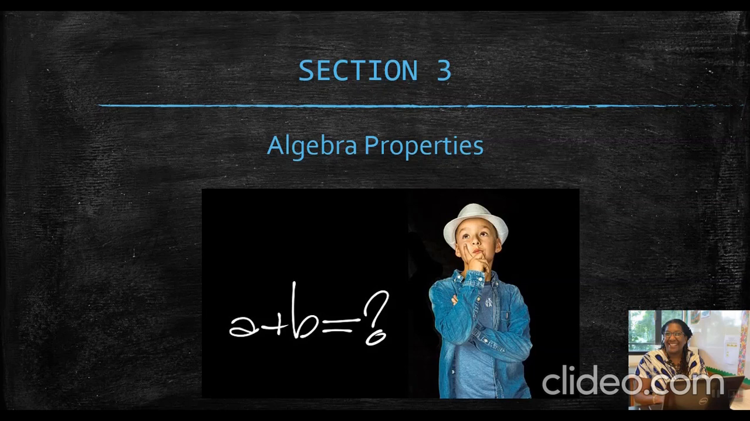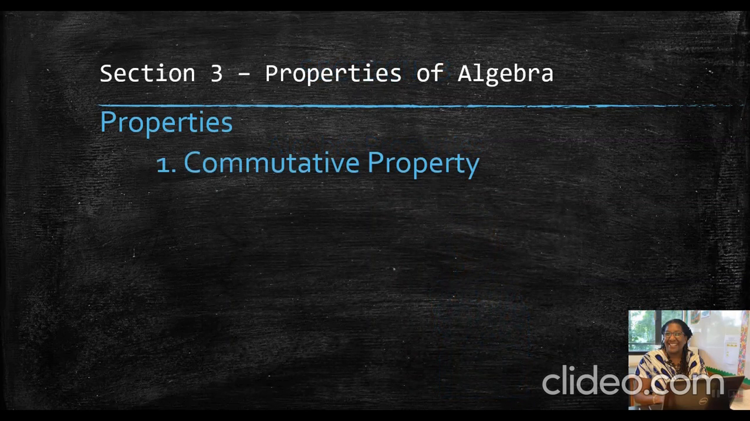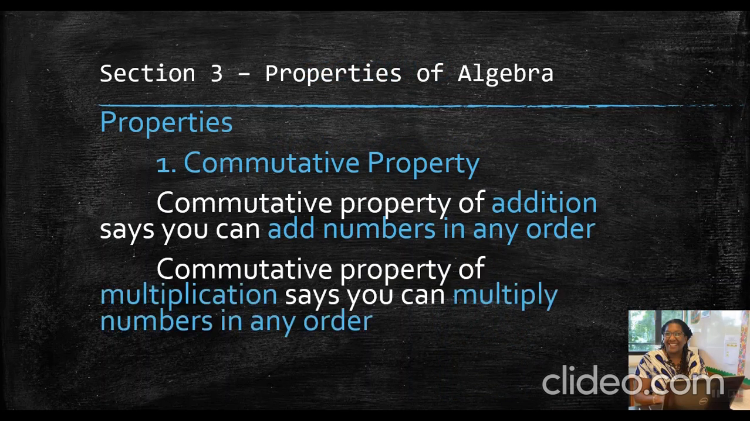In this video, we're going to talk about the algebra properties. The first property we will discuss is the commutative property. The commutative property of addition says that you can add numbers in any order and still get the same result. As well as the commutative property of multiplication, it says that you can multiply numbers in any order and get